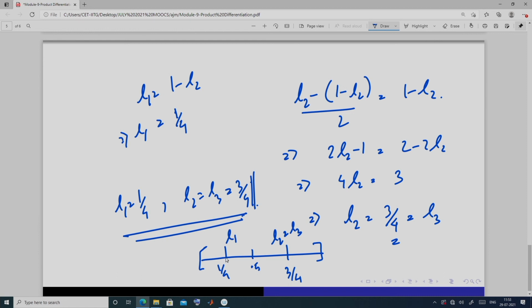Why? Because if it moves here, slightly less than this, then what is happening? L1 is reducing, so it should not move here. But if it moves slightly here, suppose L1 is here, then what is happening? This length is greater than this length. So, this firm will shift here, another firm will shift here. So, it will be like this. So, if L1 is greater than 1 by 4 and it is less than 0.5,